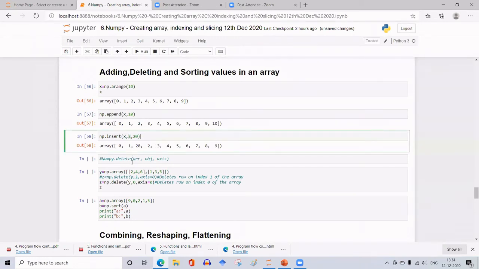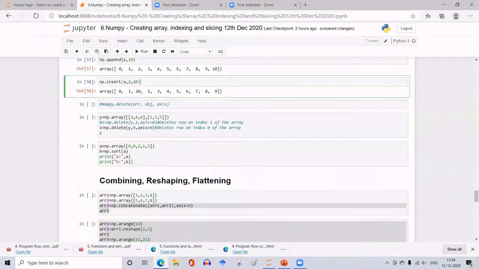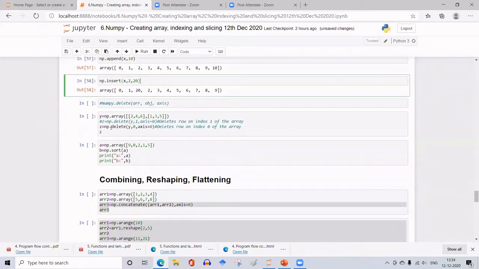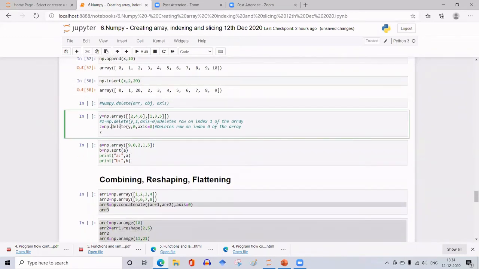Okay, then how to delete? To delete, just use np.delete. Then array name and which index value, having which index you want to delete, and whether it is along axis 0 or axis 1, you just have to specify here.